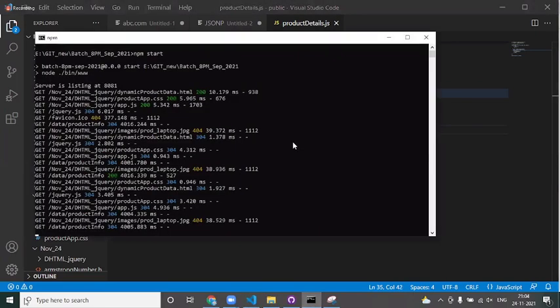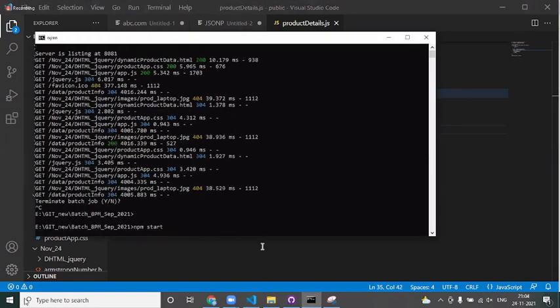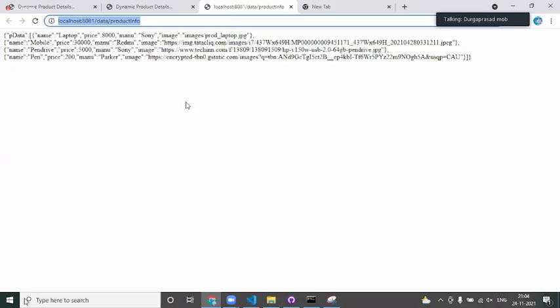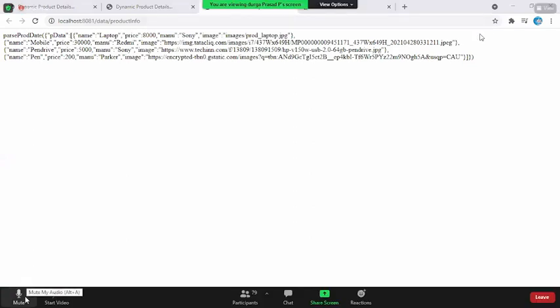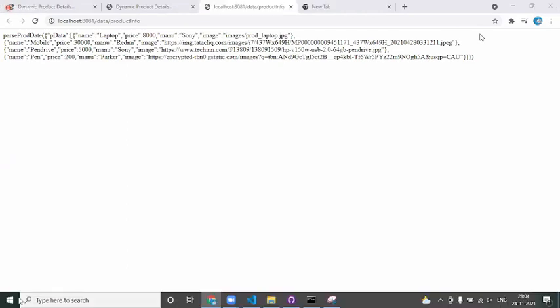Now reload the page, restart your server, come back to your service, and reload this service. Once you hit this, do you see the response as JSON or JSON-P? JSON-P. Everyone, so clear, right?